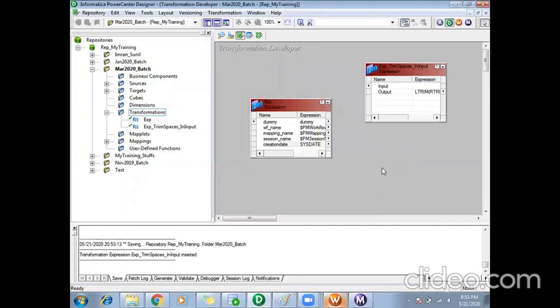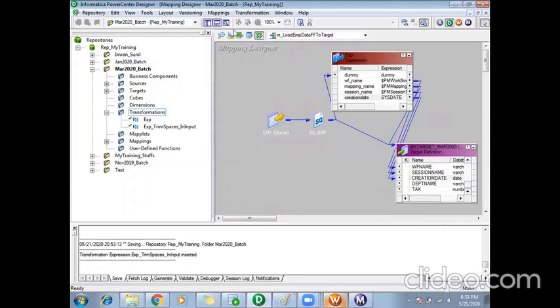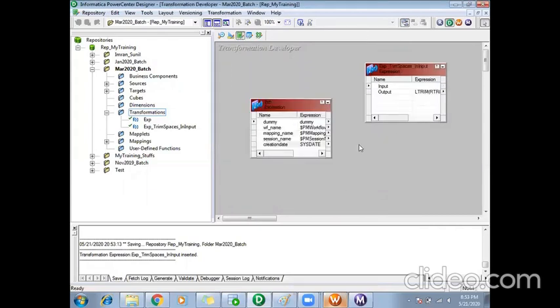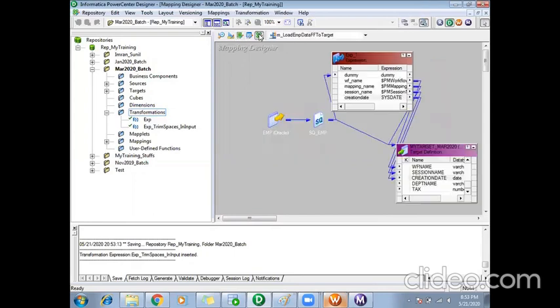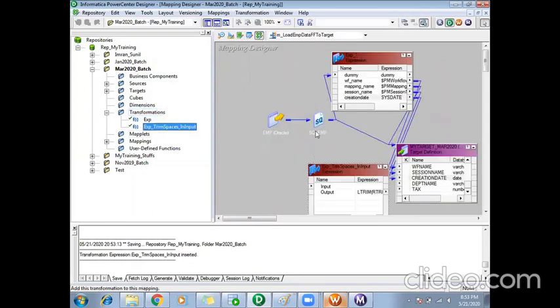So there might be multiple sources we might be using. We might have created multiple mappings. So in every mapping, instead of adding the logic to trim the data, I have made that logic as reusable. So now what I'll do in my mappings, so this is another way of creating reusable transformations, and this you can use in your mappings, as many mappings you want. So I can just drag and drop here.